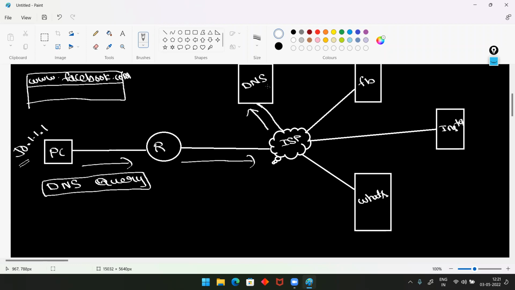Whenever the DNS server receives the query packet, it will give the response to the ISP. The ISP will give the response to this router, and the router will forward this response to the PC as well. Whenever this PC gets the DNS response,